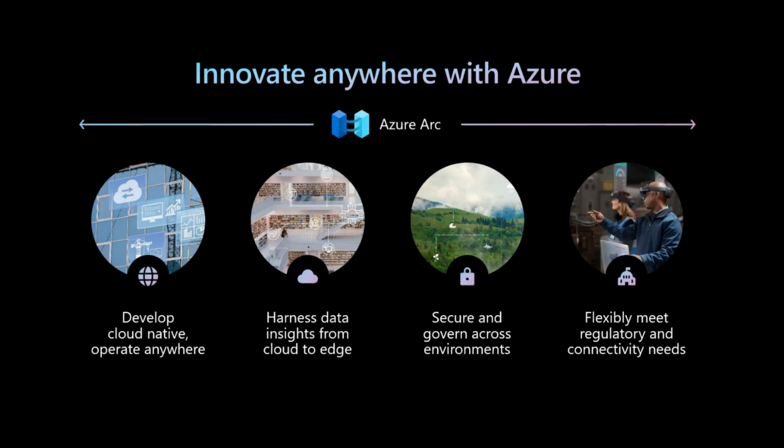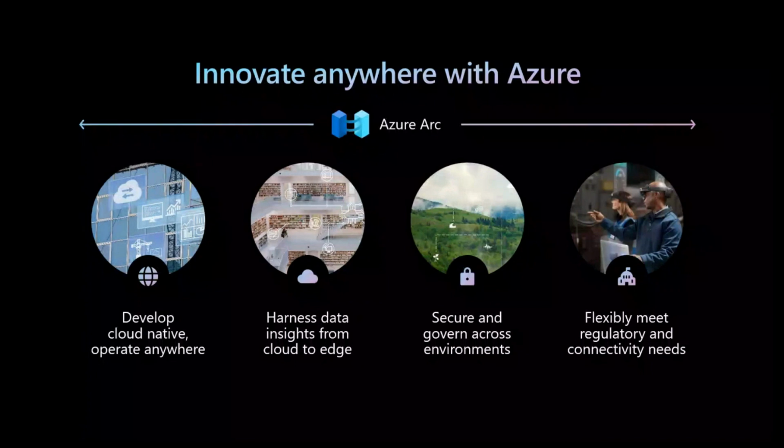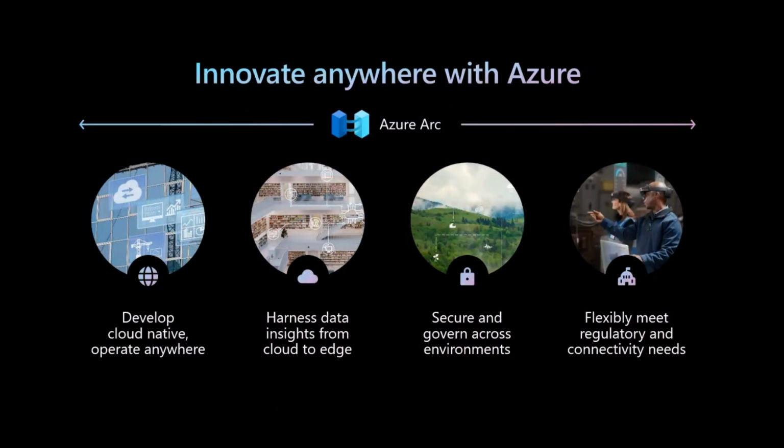Now, the third one is about security and governance across all your environments. As I mentioned, when you have Defender for Cloud working, you have different capabilities of Defender for Cloud. You have it for servers, for SQL servers, for containers, and so on. As we saw in the previous demo, it was covering all Azure-based, AWS, or GCP-based workloads. With Azure Arc, you can extend that capability to your on-premises as well. So if you have on-premises Windows or Linux servers or Kubernetes clusters running, you can secure all of them with Defender for Cloud once you Arc-enable those components. We will take a look in depth at this.